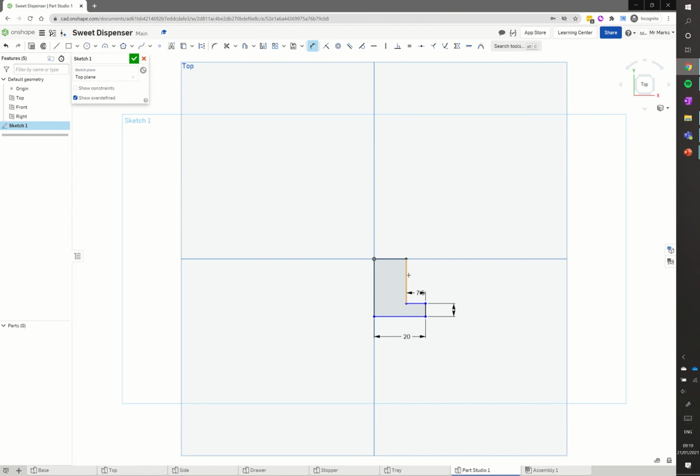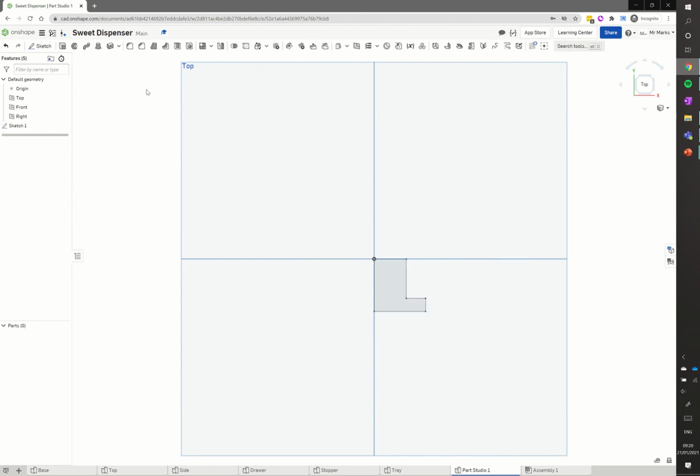As you see, as I dimension this, these blue lines go black, and that means they're going fully constrained, so there's no freedom in there. So change that to 15. And you see nothing can move around, that's all fixed in position. So we're just going to click green there, and that's our sketch done. I'm just going to swap to the isometric view using the little options here,